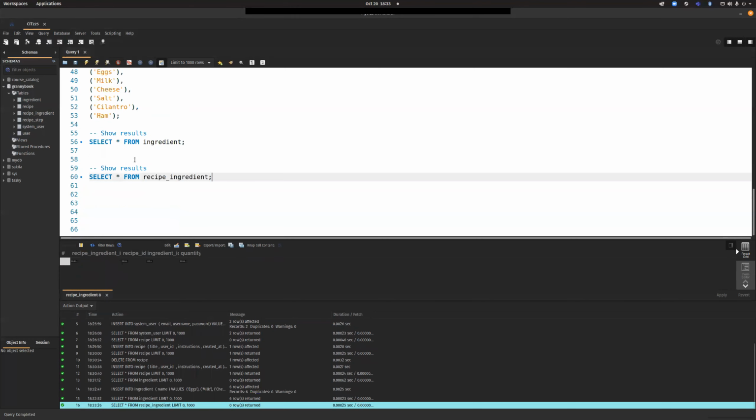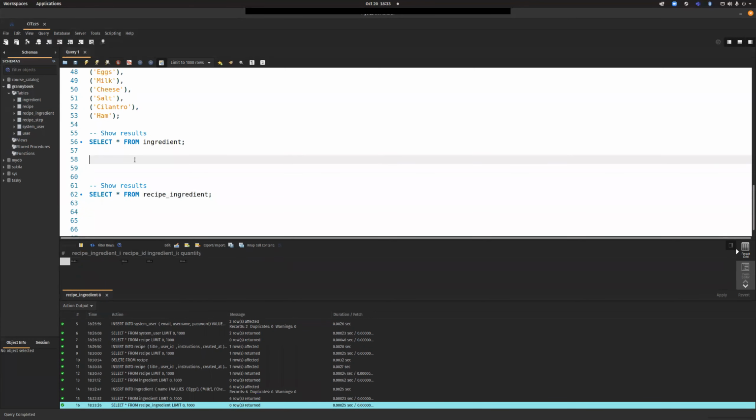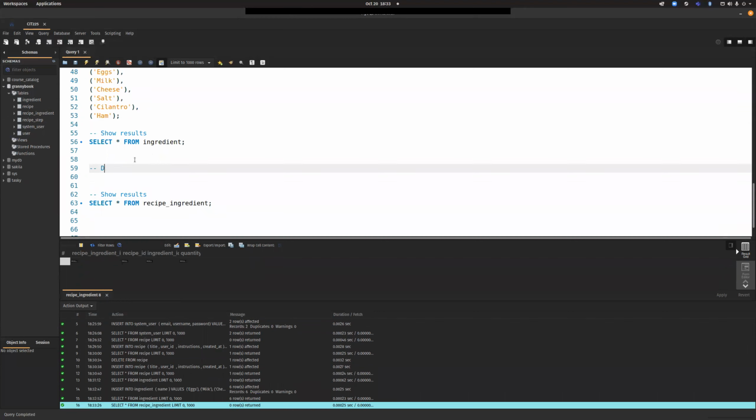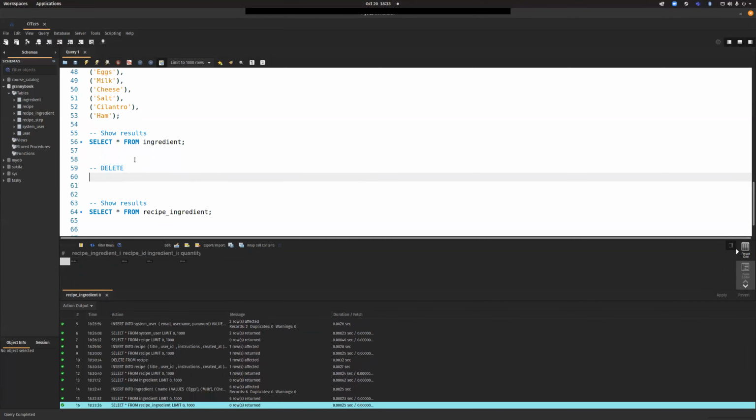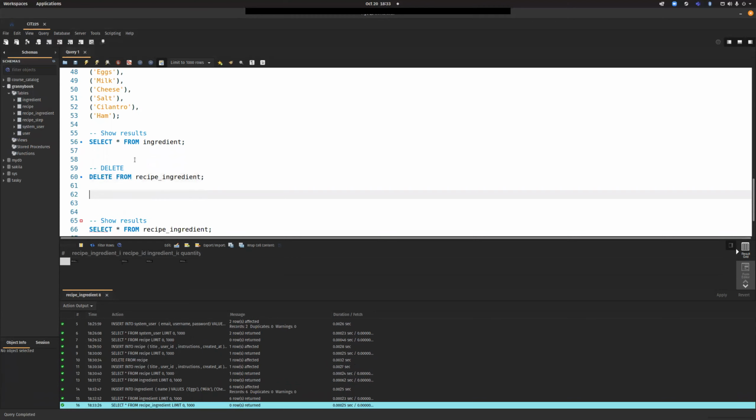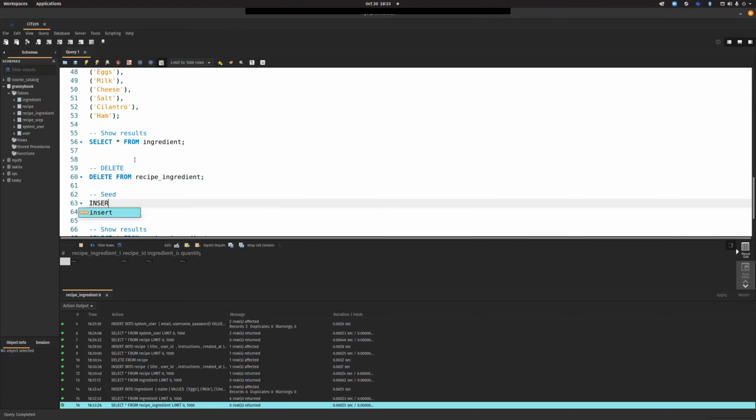And this one's empty as well. So let's delete, and we're going to delete from recipe ingredient. And then we're going to seed. We have recipe ID, ingredient ID,